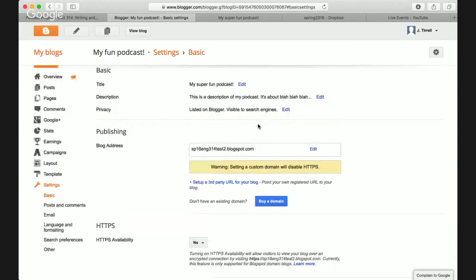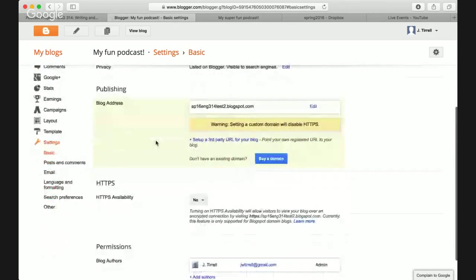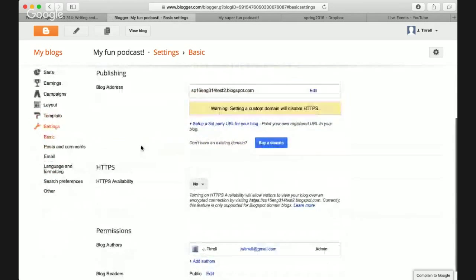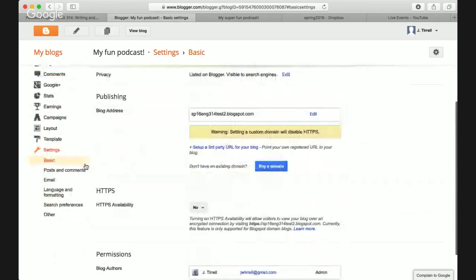Privacy, this is if you want it open to search engines and other people. We do. A lot of this we can just leave the defaults, right? But that shows us where we can make some textual changes. These other settings here, we're going to return to later, but you can see some of these like posts